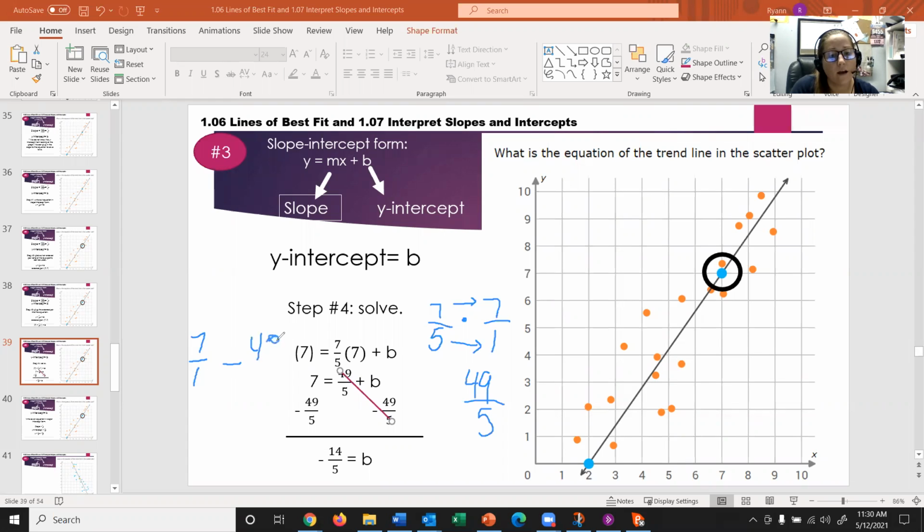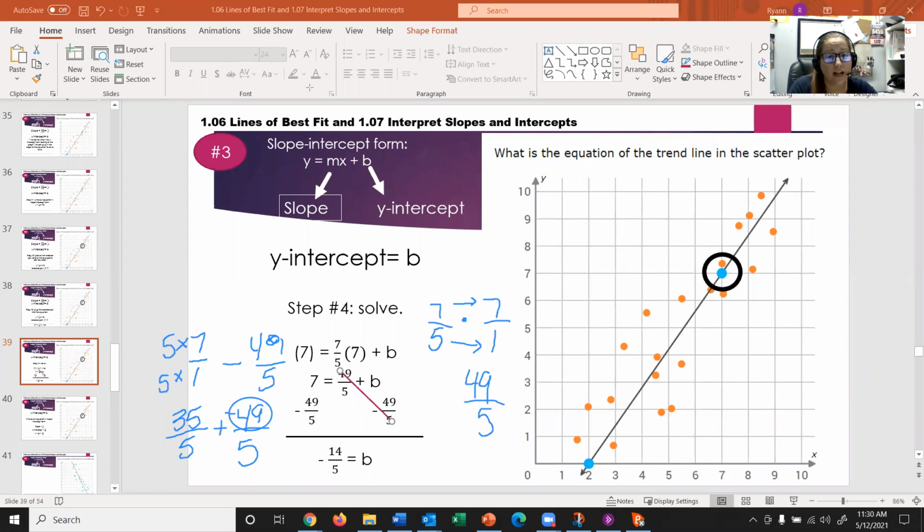But remember, with fractions, you want to have common denominators when you're adding and subtracting, okay? So we would just multiply the denominator by 5 and multiply the numerator by 5, okay? We would get 5 times 7 is 35, 5 times 1 is 5, and then we're going to subtract 49/5. And we can see that 35, the difference, and we would actually say that our answer is going to be negative because of the integer rules, and we would circle the bigger number, which is 49,